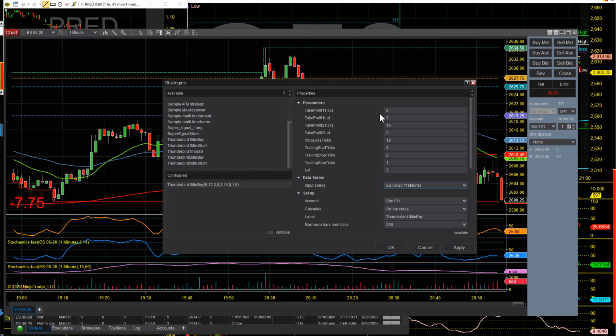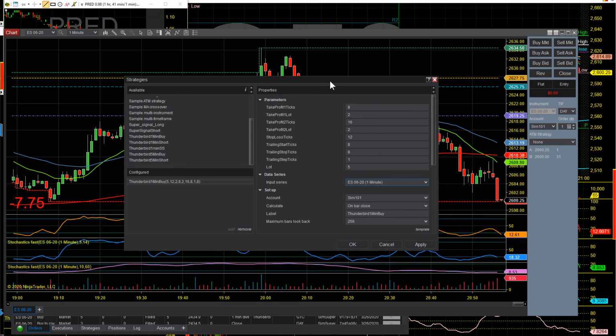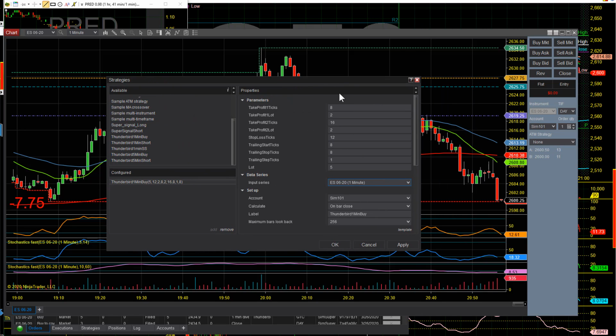All right, so take profits 1, meaning the first profit zone. And how many ticks? So it's ES, so we know 4 ticks is a point, so I just put down 8 ticks, which represents 2 points. And in this market, it's nothing really. It's really nothing. You adjust it according to market conditions and stuff. Market's actually selling off. You can see that behind this chart, it's starting to sell off here. But you would adjust that depending on what the current conditions are and what the current conditions would give you on an